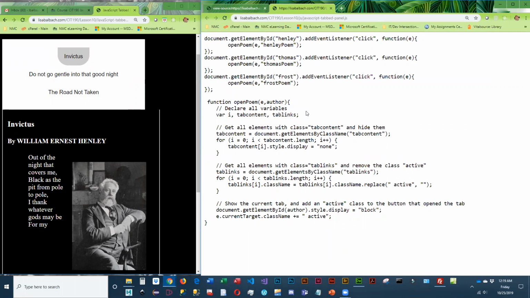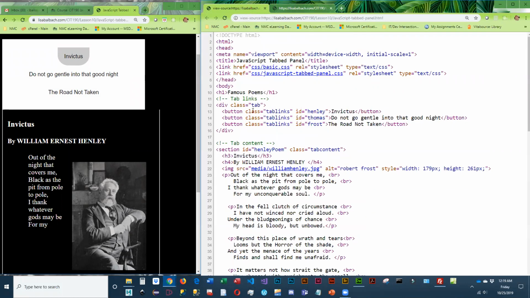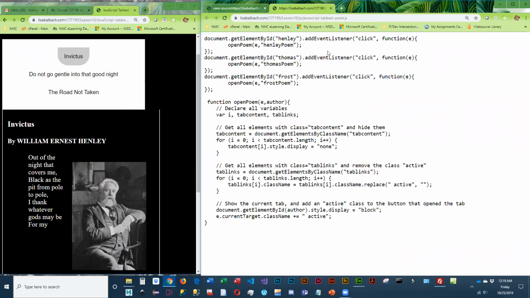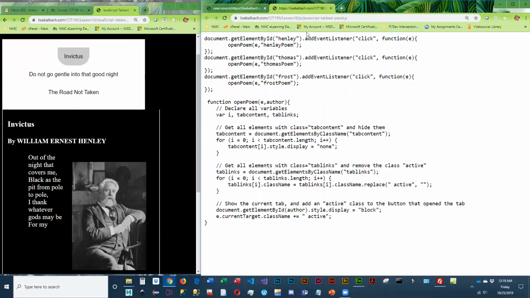In the JavaScript, we have 3 different listeners. And what they're listening for is the ID associated with these 3 buttons. So we're listening for Henley, Thomas, and Frost, which are these 3 buttons here. So if they click on the buttons, what happens is we end up